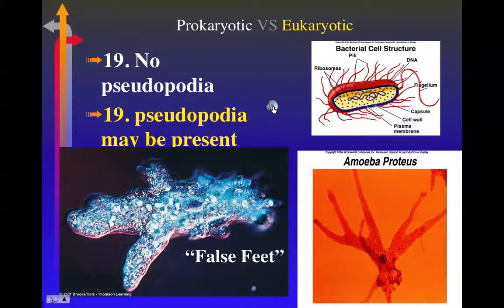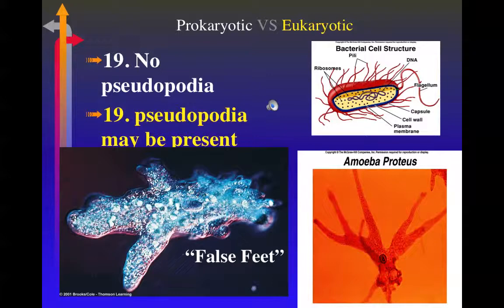Another distinctive structure that we can find on some eukaryotic cells that we do not find on prokaryotes are pseudopodia. Pseudopodia are motility structures. They are not present ever on a prokaryotic cell, but for eukaryotic cells that do have them, pseudopodia means false foot. And of course, these are little extensions of the cytoplasmic membrane that allow certain types of cells to reach out, grab onto surfaces, and pull themselves along to move around in whatever environment that they're in.